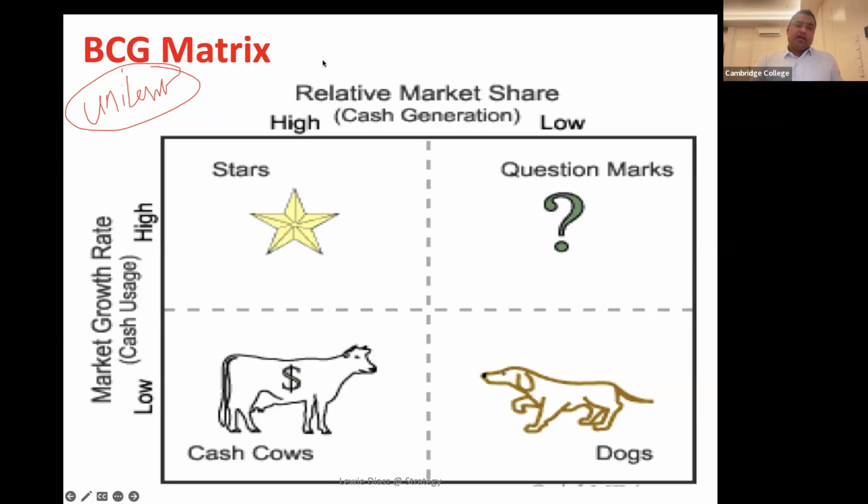you need to look at, for each of your products that you have, what is the market growth rate? What is the market growth rate? Year-on-year market growth rate. Year-on-year. So 2024 to 2025, what did the market grow at? That is your YOY market growth rate. Is the market growing or is it contracting? Is it getting smaller or is it getting bigger? Now, this is a very difficult